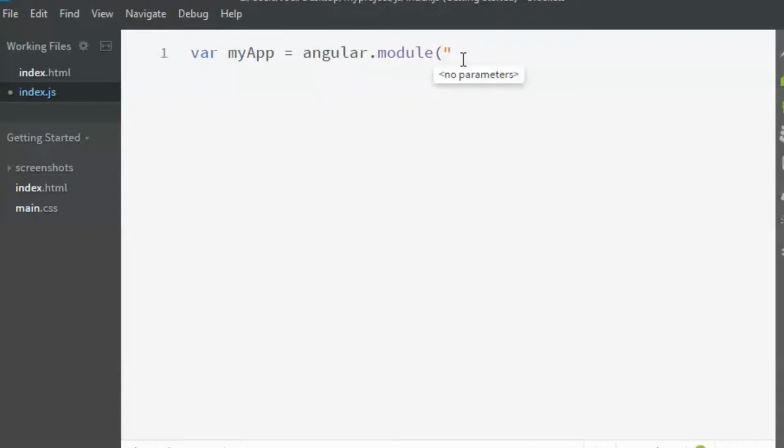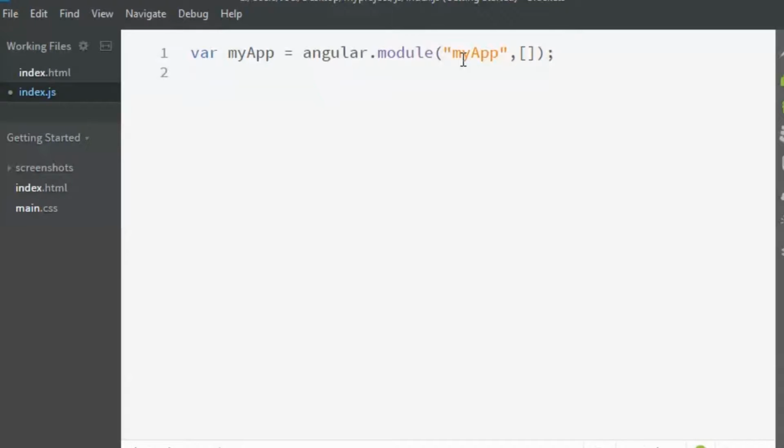Here I'm going to type in myApp again, in double quotes, then put a comma, and then you mention the dependencies, which I'm going to explain in the next video. Now I'm not putting any dependencies, I'm closing the bracket and adding the semicolon. I hope that's fine and easy to understand.